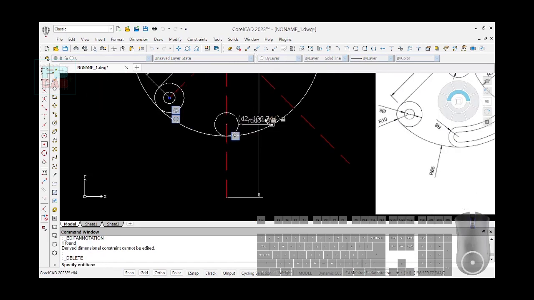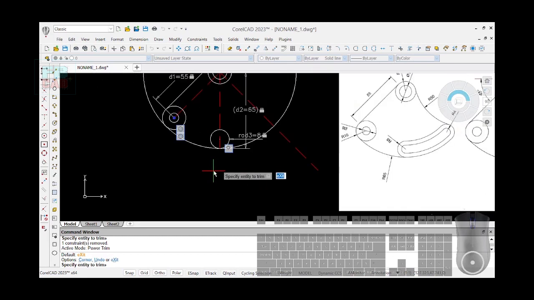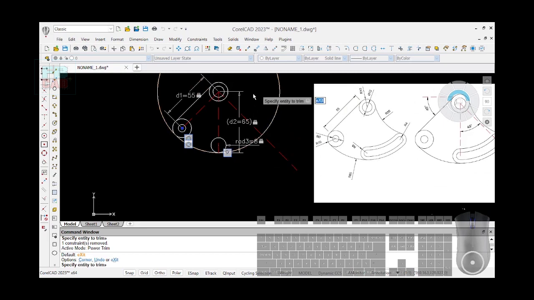Sorry about that. That is too much of a constraint. Okay, and trim this. That's 65. Yeah, that's 65. Okay,